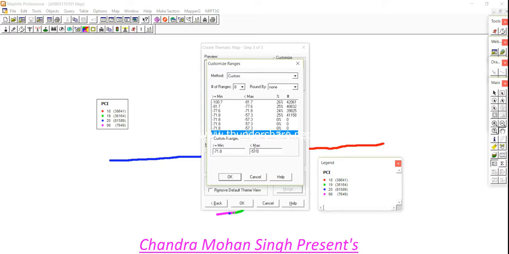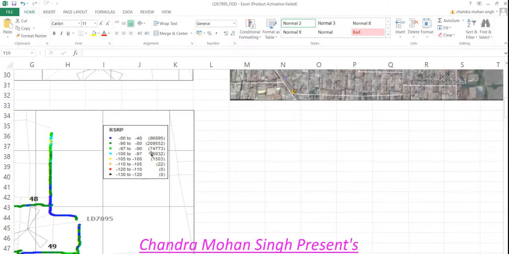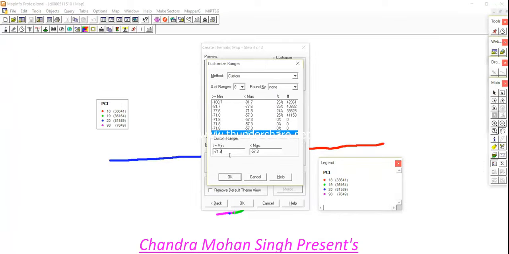Here is minimum and maximum. Similarly we go to the sample report format and set the legend according to the sample report. Firstly -40 to -80, -40 to -80.